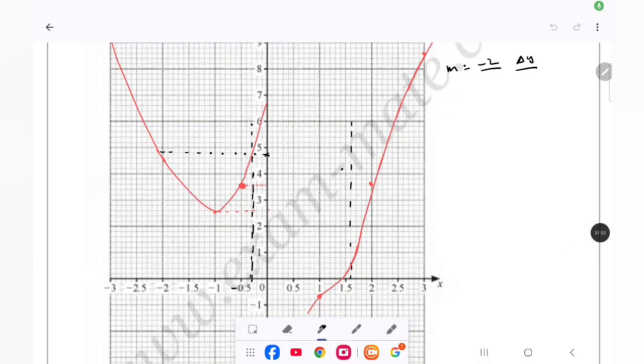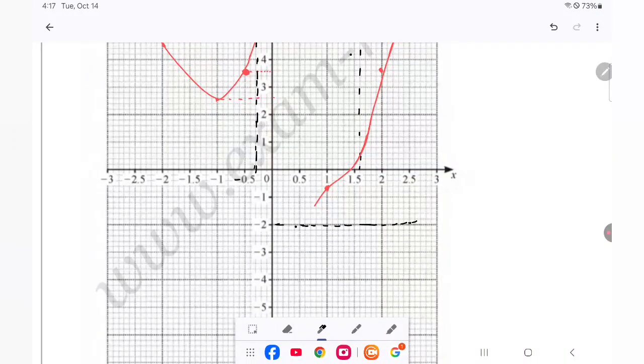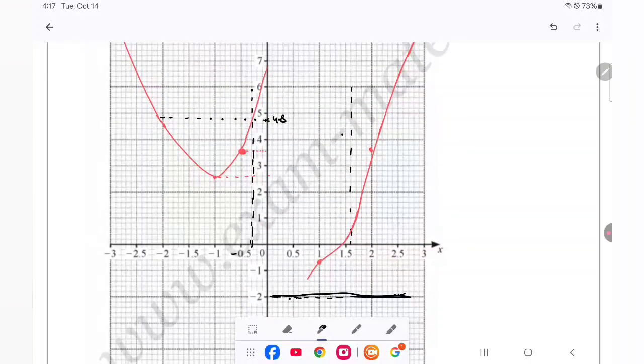This is our graph. This is our 4.8 y-intercept. This is our negative 2, which is the change in y. Now simply draw a straight line. This is our straight line,